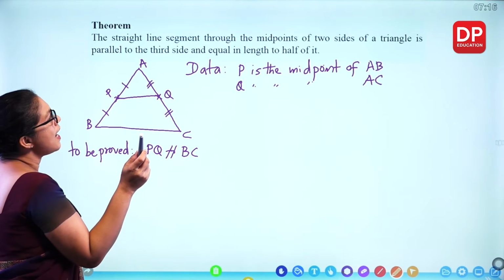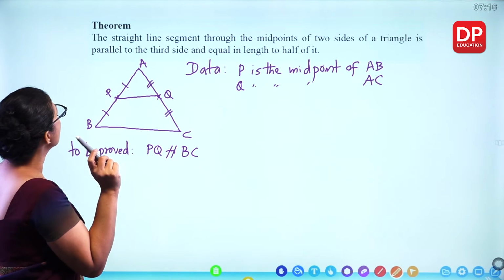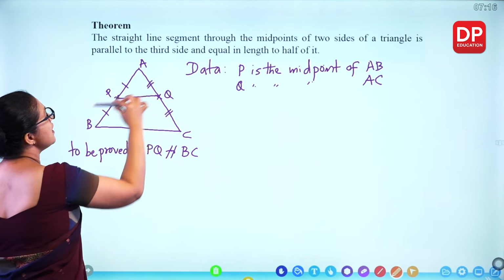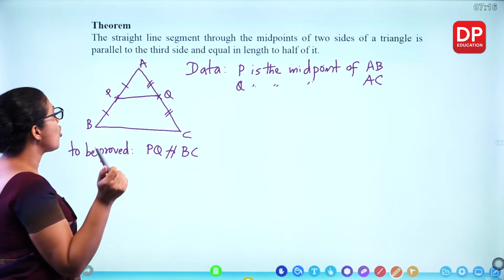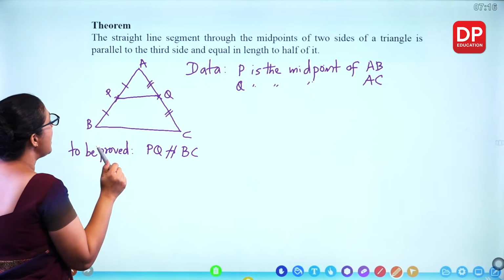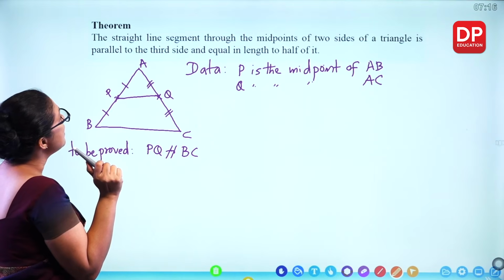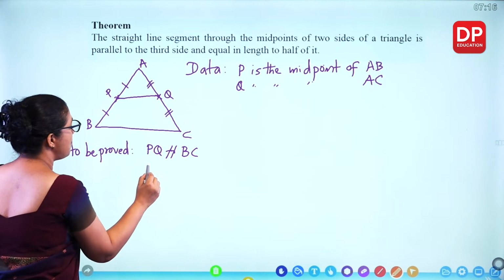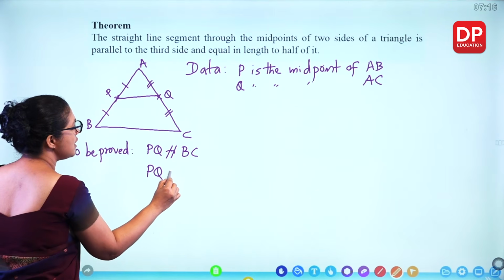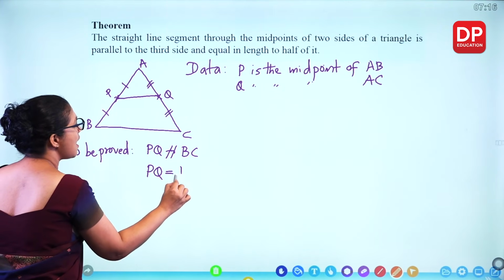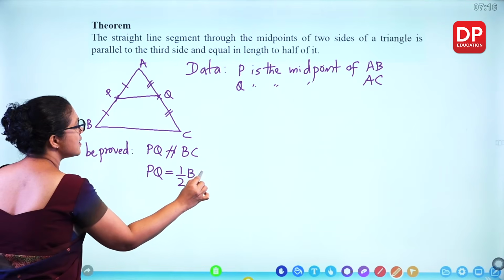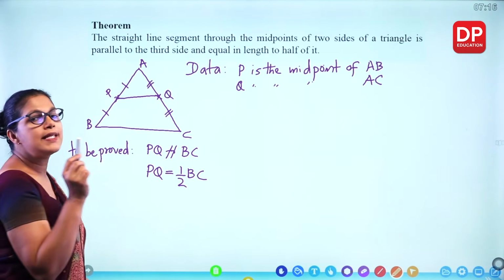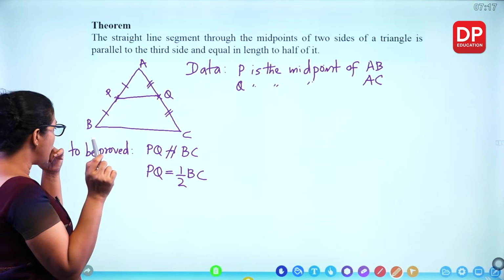The third side is parallel to the line segment joining the midpoints and the length is half of it. So here you need to prove PQ is half of the third side. Third side is BC. So we'll try to prove that